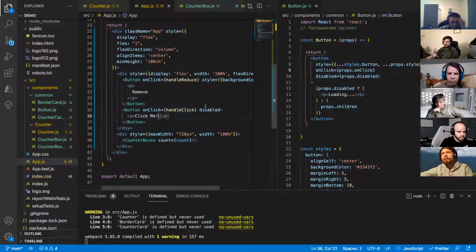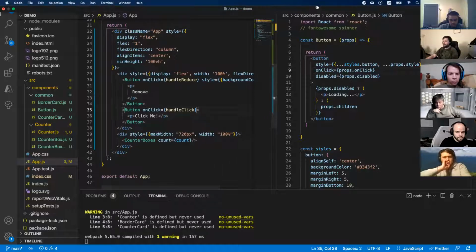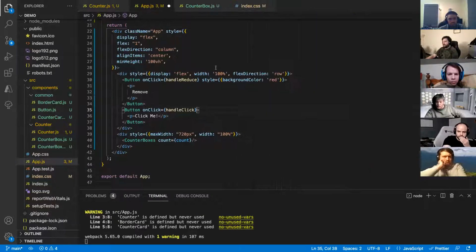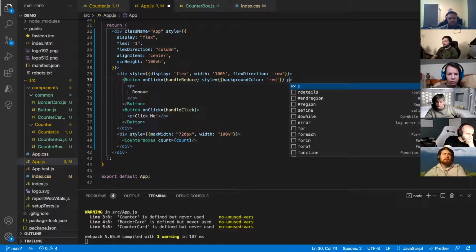That's what this allows me to do. So wouldn't you disable your delete button if there was none on there? If there was only one on there? I like that idea. That one makes sense, right? If your props is equal to 0 or equal to 1, you would disable it because you can't delete the